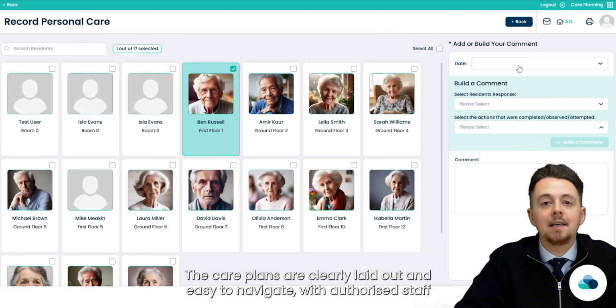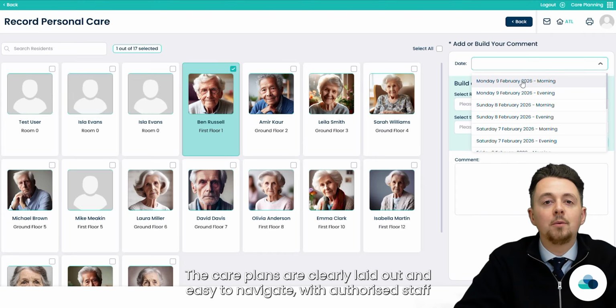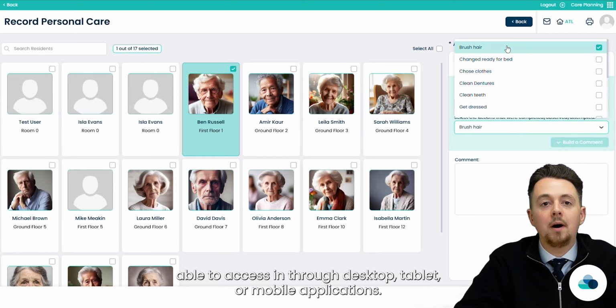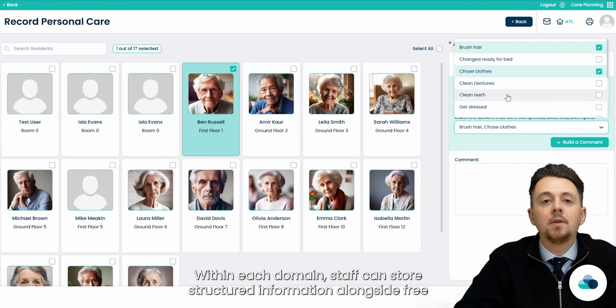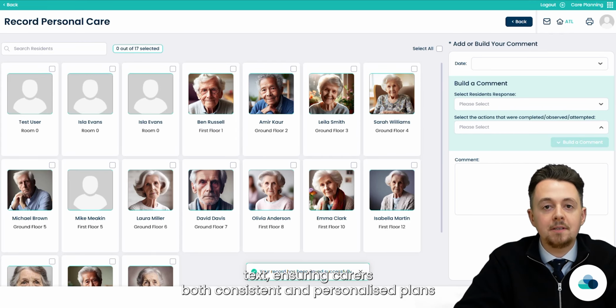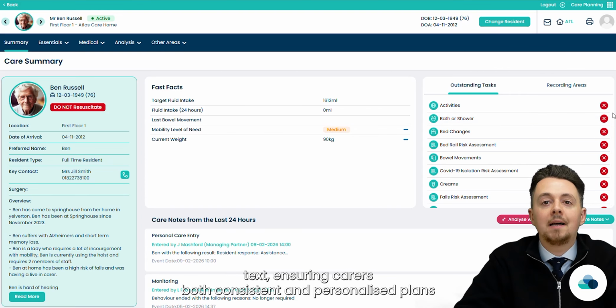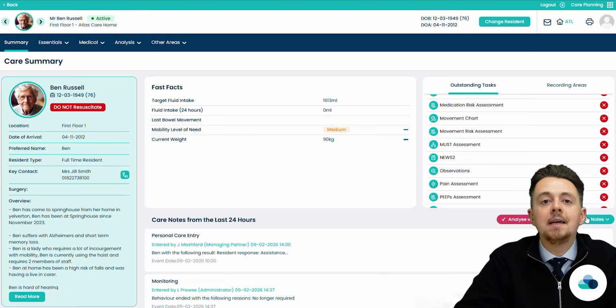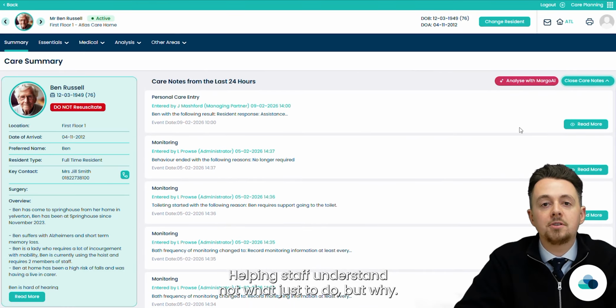The care plans are clearly laid out and easy to navigate, with authorised staff able to access them through desktop, tablet or mobile applications. Within each domain, staff can store structured information alongside free text, ensuring care is both consistent and personalised. Plans can include guidance, risks, outcomes and support strategies, helping staff understand not just what to do, but